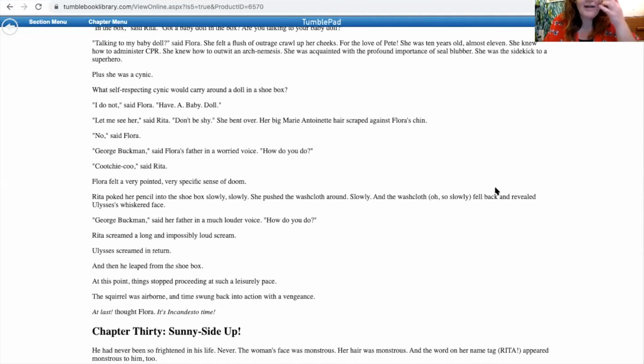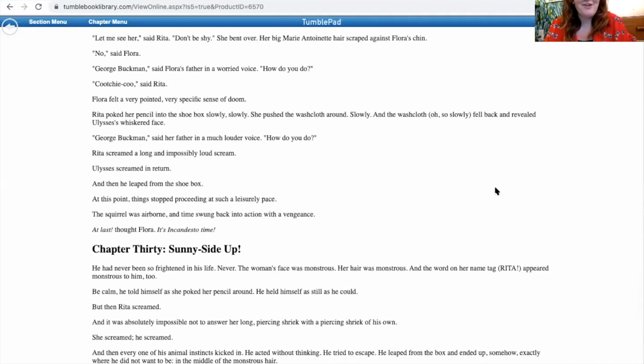Let me see her, said Rita. Don't be shy. She bent over. Her big Marie Antoinette hair scraped against Flora's chin. No, said Flora. George Buckman, said Flora's father in a worried voice. How do you do? Coochie coo, said Rita. Flora felt a very pointed, very specific sense of doom. Rita poked her pencil into the shoebox. Slowly, slowly, she pushed the washcloth around, slowly, and the washcloth, oh, so slowly, fell back and revealed Ulysses' whiskered